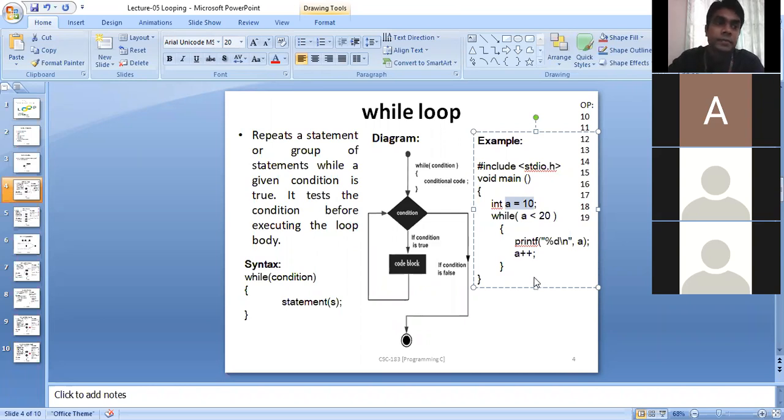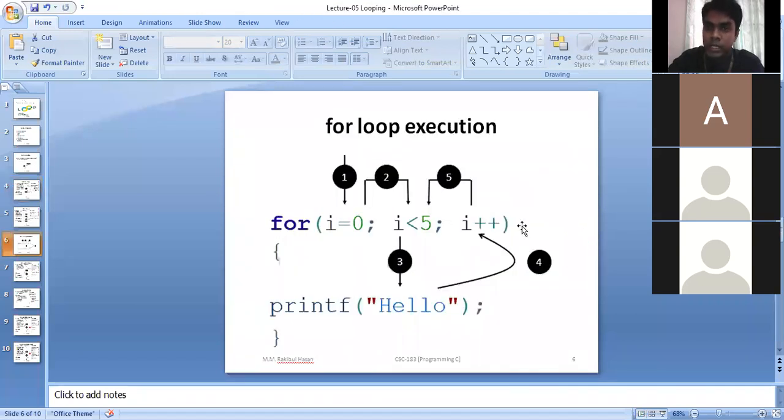Okay, here you can see how this for loop works. What is the first step? Your compiler will check what is the initial value first, then it will check the condition. 0 is less than 5. Condition true. If this condition is true, it will go inside the loop body. It will print hello world. Then it will go to the increment section. It will increase the value of i by 1. Previously it was 0. Now it will be 1. It will check the condition again. 1 is less than 5, condition true. Again, it will go inside the loop body.